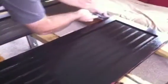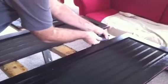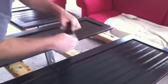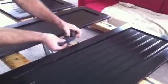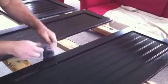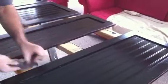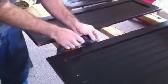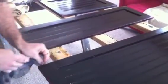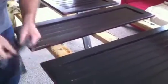Almost got that done. I'm going to do this side real fast here. And it does take a little bit of time getting used to it and getting a pattern down. I've definitely found this is a lot easier than trying to sand it off afterwards. The few things I have researched about it, which is not a lot online that I've found, is some people will paint it and then use sandpaper to wipe it back off. But basically, if you can get it while